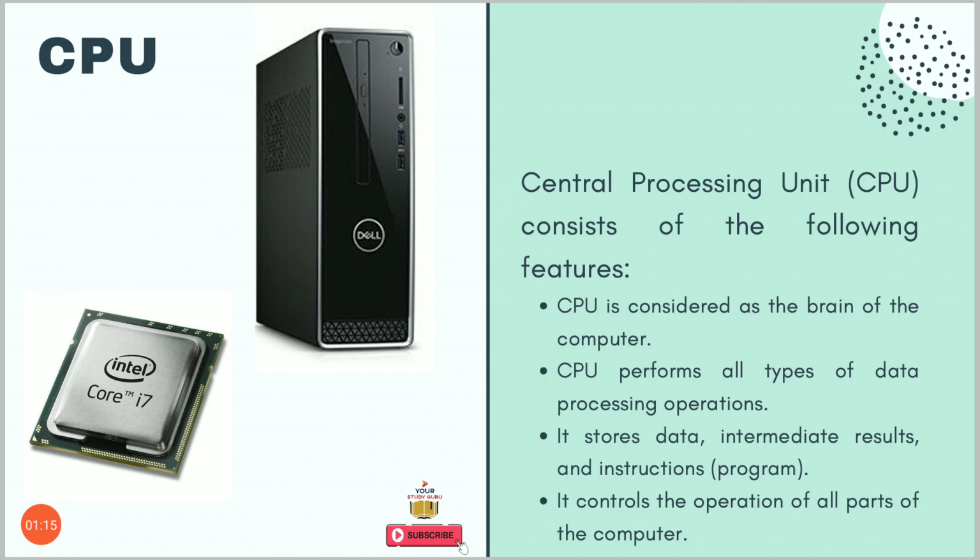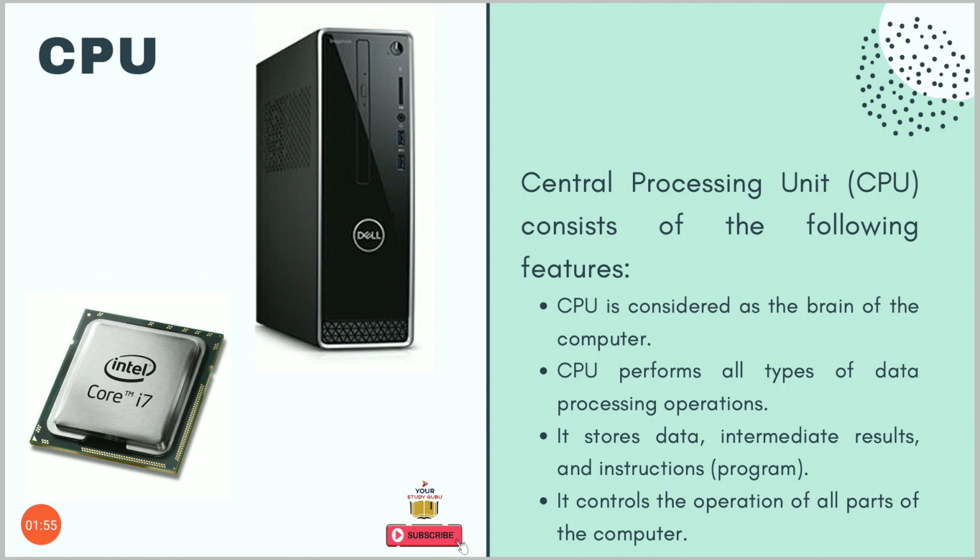Now, how does it work and what is the physical structure of the CPU? Simply, you can see this is the CPU and this is the processor. Processors like Core i7, i5, i3, and dual core are in the market. There are so many processors present. Many other parts are connected to the CPU through wires and cables. The actual processing is done within this unit only, so it is called the brain of the computer. These are the main points of the CPU.